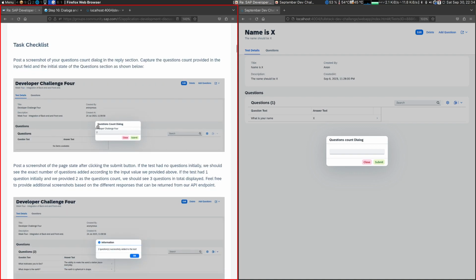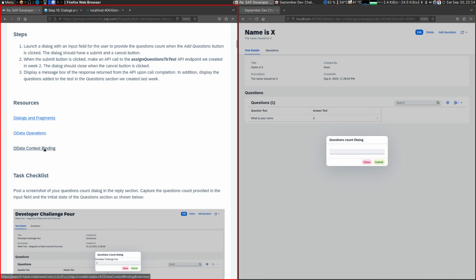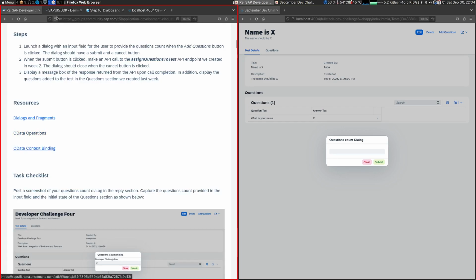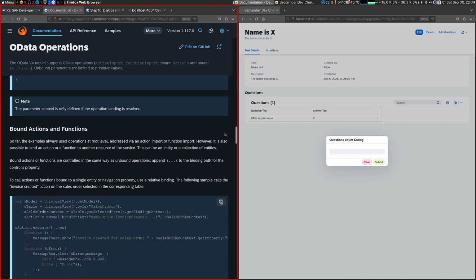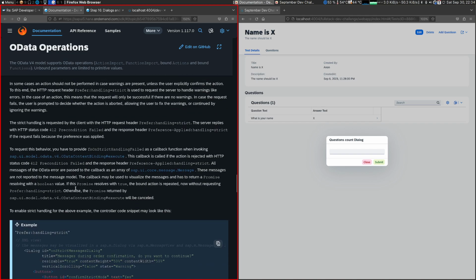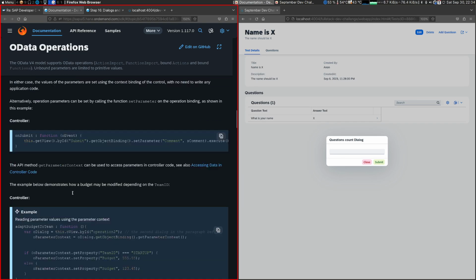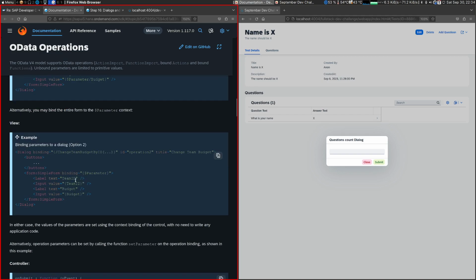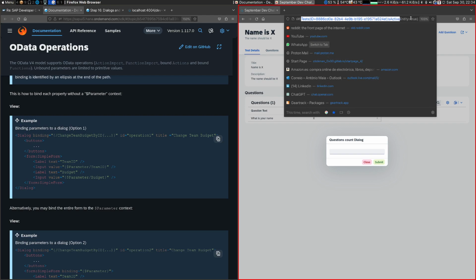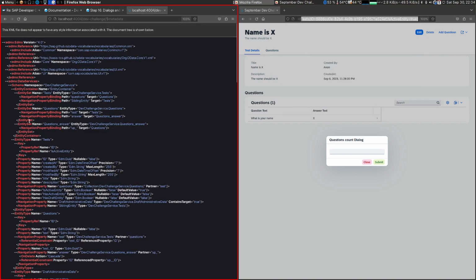But if we come here to the context binding, no, not this, the audit operations, and you come here below, you're going to see the part of the actions. I'm not sure if I'm in the right place. Yeah, here. And we're going to do this. So basically, you can imagine that we are in this part of the entity. So now for us to access the add